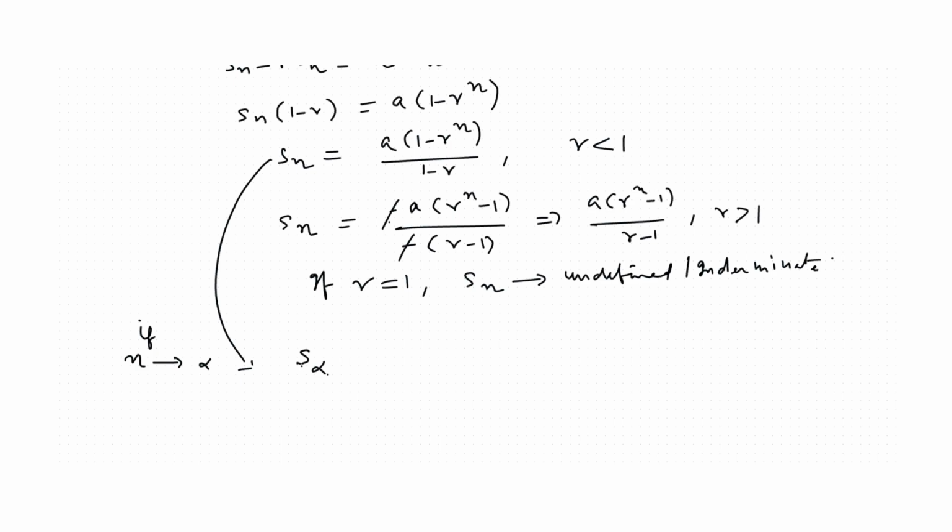Let us also discuss, since R is less than 1, as n tends to infinity, R power n will tend to 0. So it would become A 1 minus 0 upon 1 minus R. Hence,